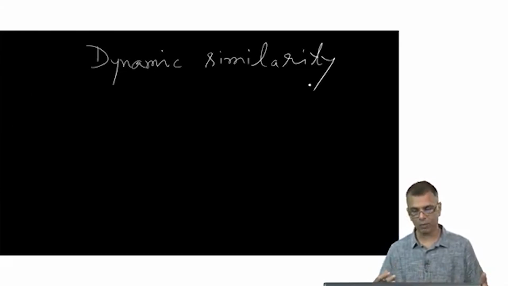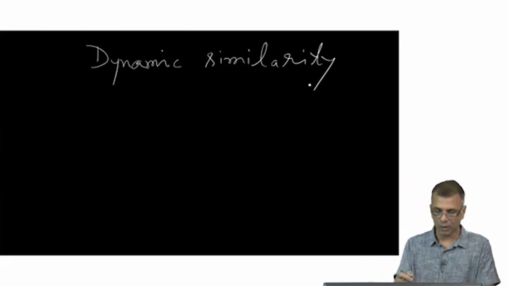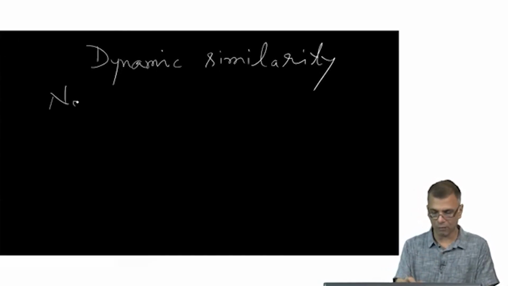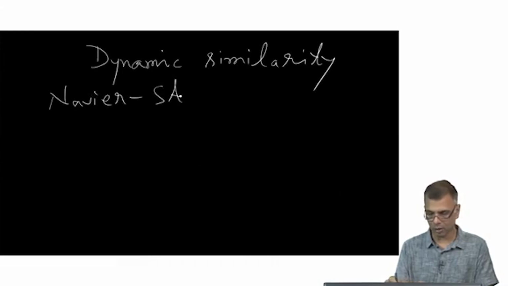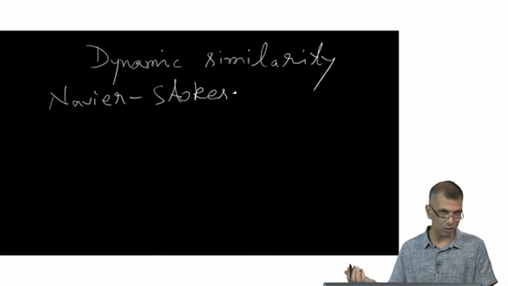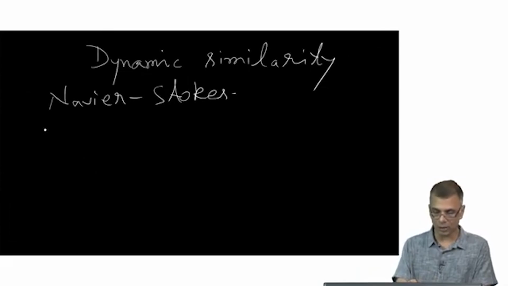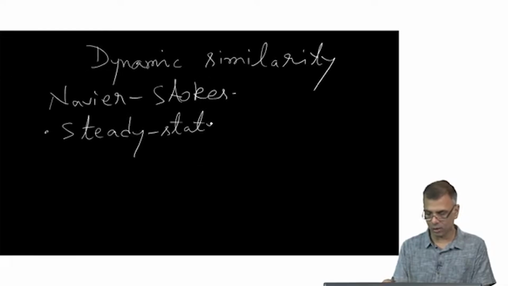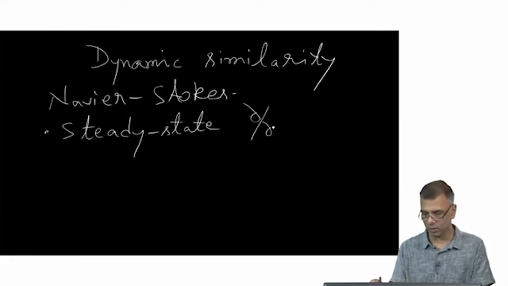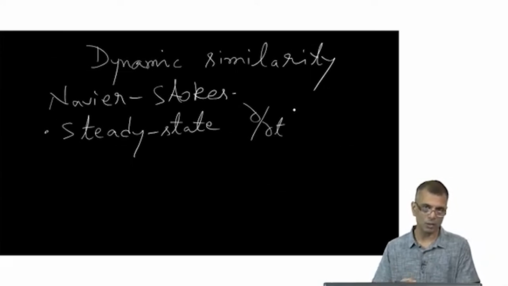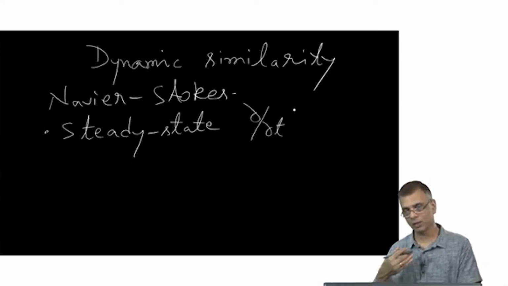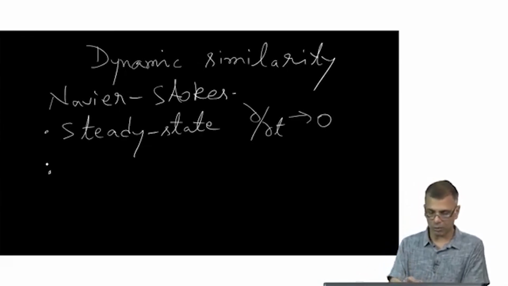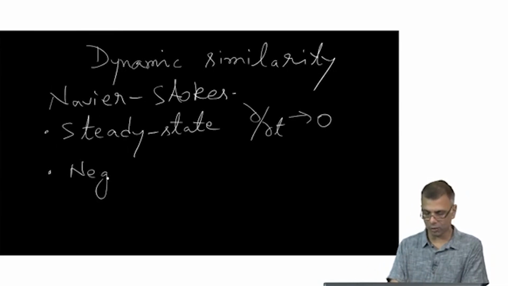We essentially wrote down the Navier-Stokes equation, which is just the momentum equation. We specialized to steady state, which is to say any partial derivatives, in other words time derivatives as discerned by the observer in the lab frame, go to 0, and we also neglected body forces